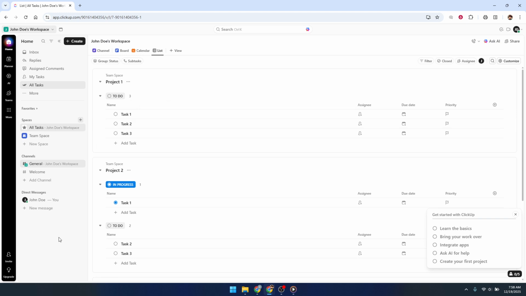So to recap in simple terms, perform an action, watch for the small pop-up in the bottom left corner, and if you made a mistake, click the undo button right away to reverse